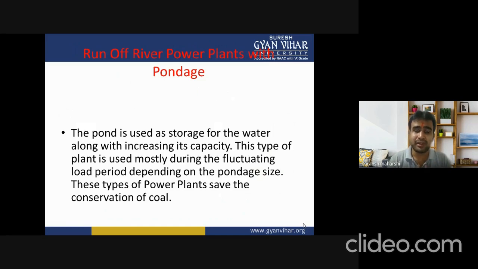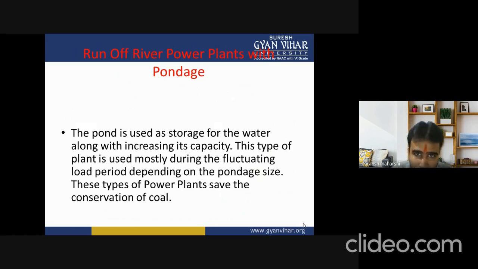But here in this topic and in this point we will consider some storage capacity which is used because it is applicable for large applications compared to power plant without pondage, and the pond is used as the storage for the water along with increasing its capacity. मीन्स कि यहाँ पर इसकी कैपेसिटी को हम इंक्रीज कर देंगे। And this type of power plant is used mostly during the fluctuating load period depending on the pondage size।